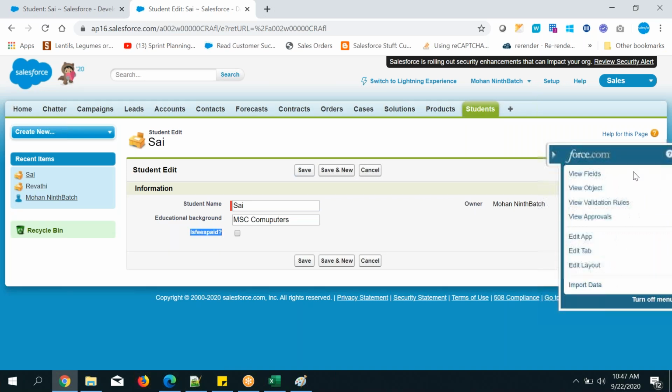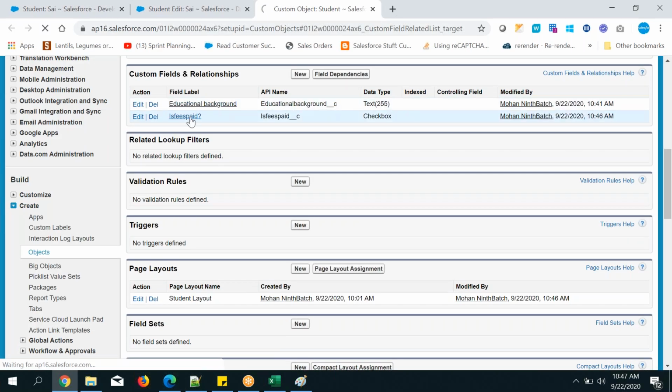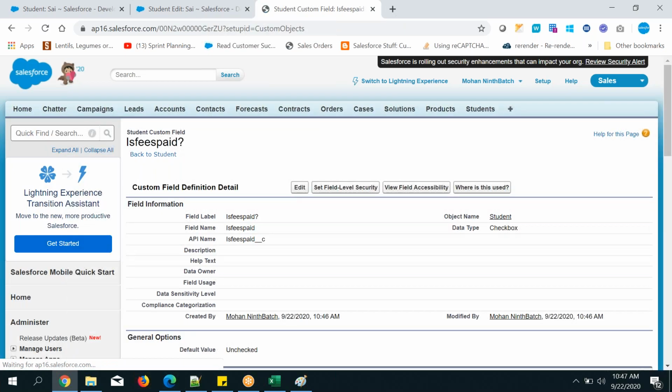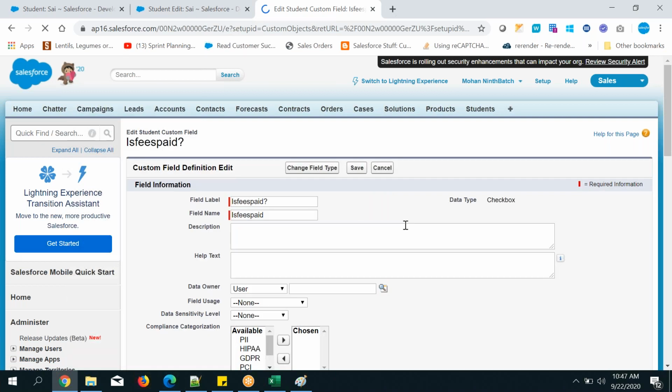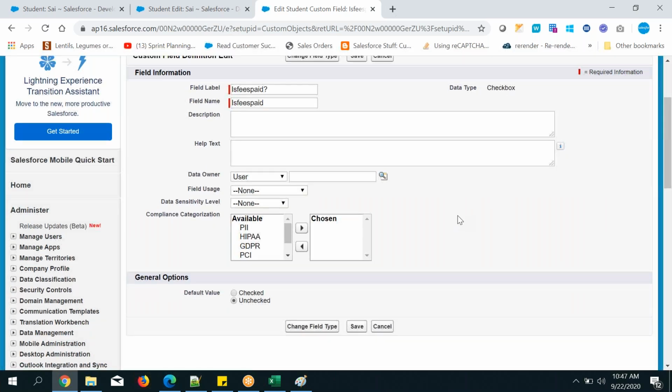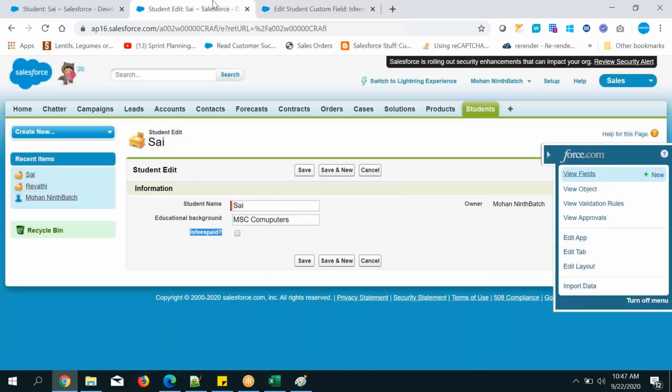Why? Let me show you. This is a checkbox. While creating this one, the default value is unchecked. That is the reason by default it is unchecked on the record.